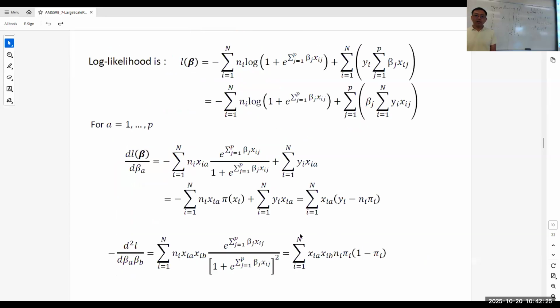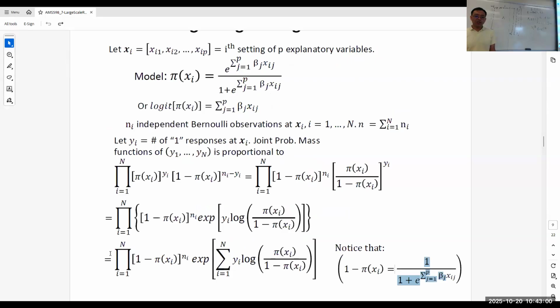So if you plug in everything here, the log likelihood function is just taking the log of the likelihood function, right? It's just by its name. Why do we want to do that? Because we want to solve a function, we need to take the first derivative of the function with respect to beta. In the modeling, a lot of times, when you're taking the derivative with respect to the log likelihood, it's much easier because